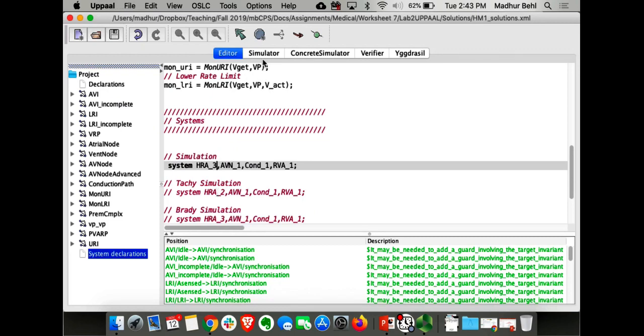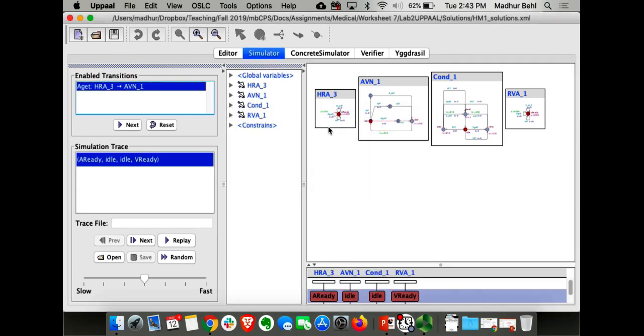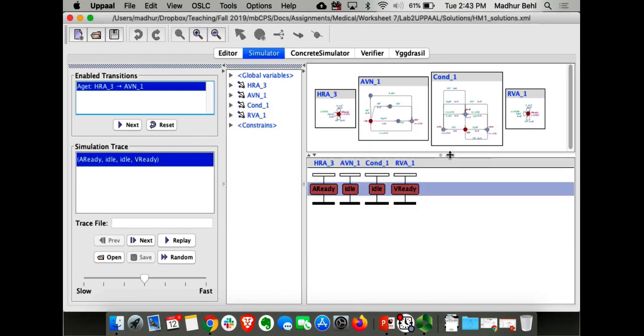And I know that there's no errors, so jump to simulator. We have HRA3. Now notice something very subtle here. We know that HRA3 is this bradycardia-causing specialized atrium node, by instantiation of the parameters. But if I just simply look at the trace, I never actually look at what's going on here. I always look at this box, because this tells me everything I need to know of my automaton or system. So if I go next,